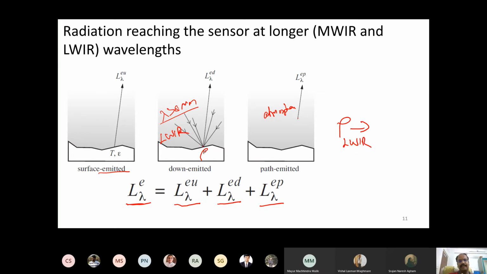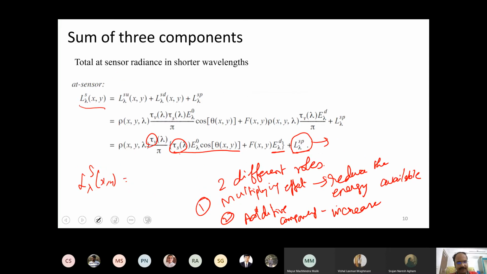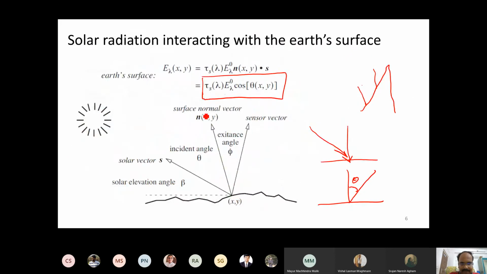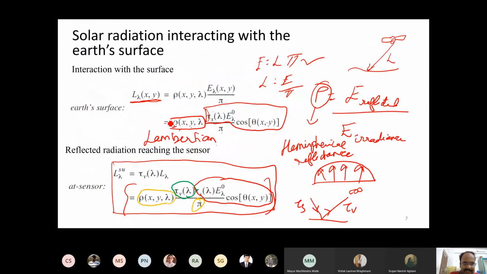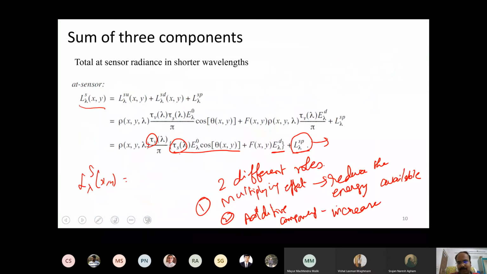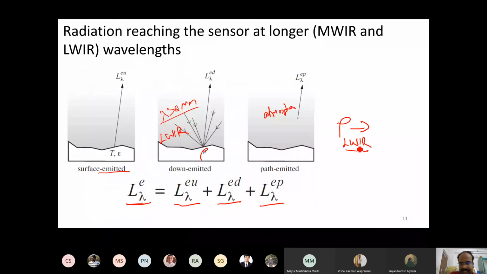So please remember, reflectance will vary with bandwidth, and the reflectance I am using here corresponds to LWIR bands. The reflectance we have used earlier is essentially for the visible, NIR and SWIR bandwidth. The values will be different here. Concept-wise it is the same, but values will be totally different. Here the reflectance I am using is reflectance in the LWIR band.